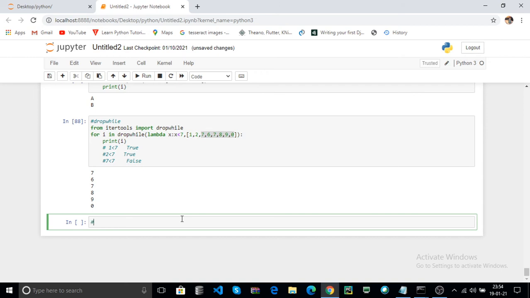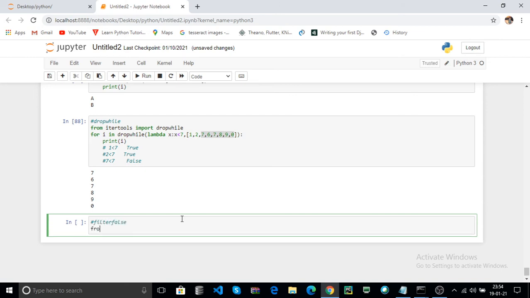The next function is filterfalse. From itertools, import filterfalse, click on run.